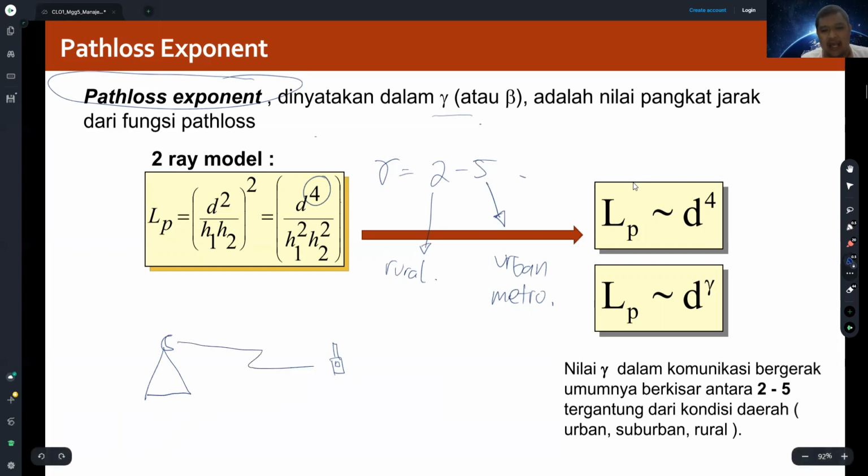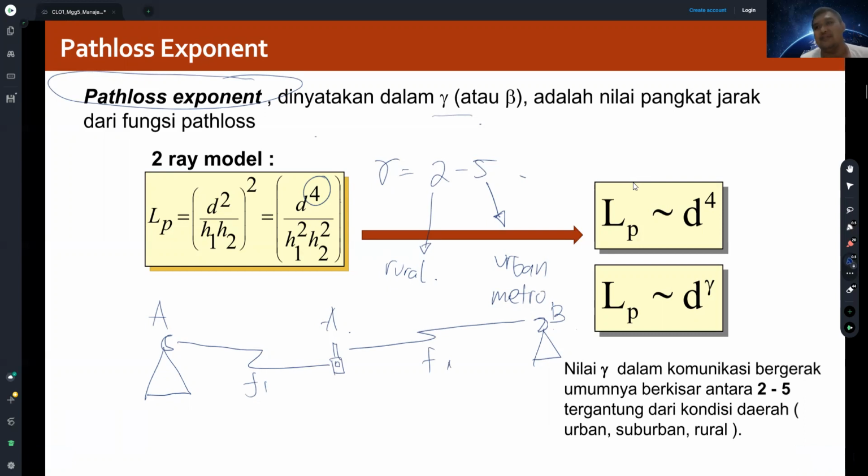Why? Because sometimes there is also another base station over here. For example, if user A over here is communicating with tower A, and we also have another tower B over here that has the same frequency, this one is using frequency 1, then B will become an interference between communication tower A and user A, if it is using the same frequency, for example, frequency 1.